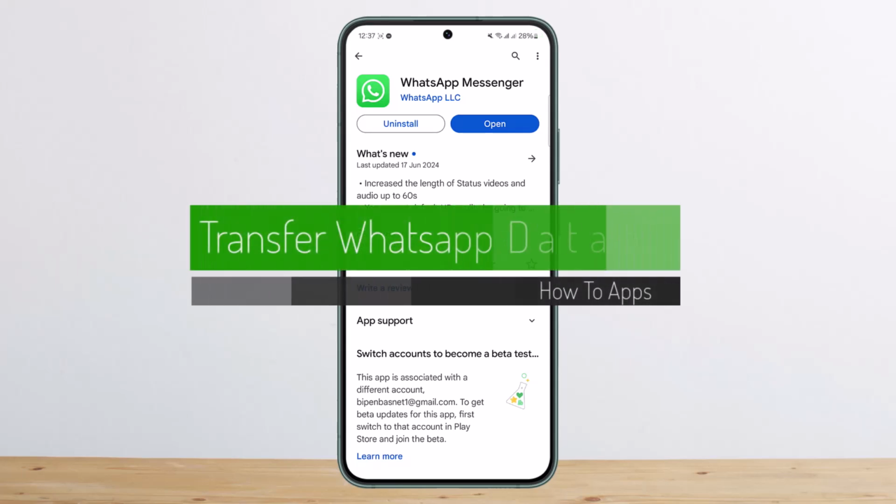How to transfer your WhatsApp data or how to transfer your WhatsApp chat from one device to the new